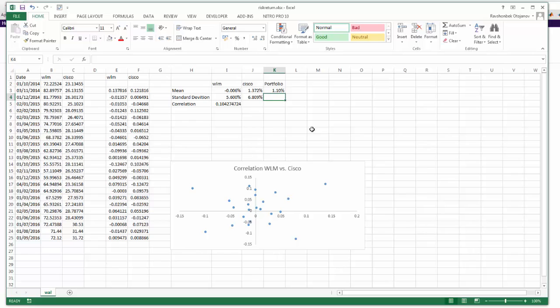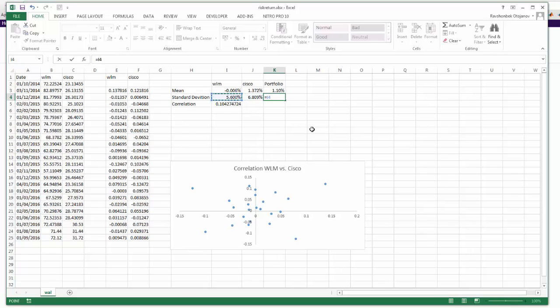Now let's see, what's the standard deviation now? Am I getting low risk for this sort of return by combining? We will see that. The formula is a bit complicated, so you have to just type in this formula now. Now this would be the